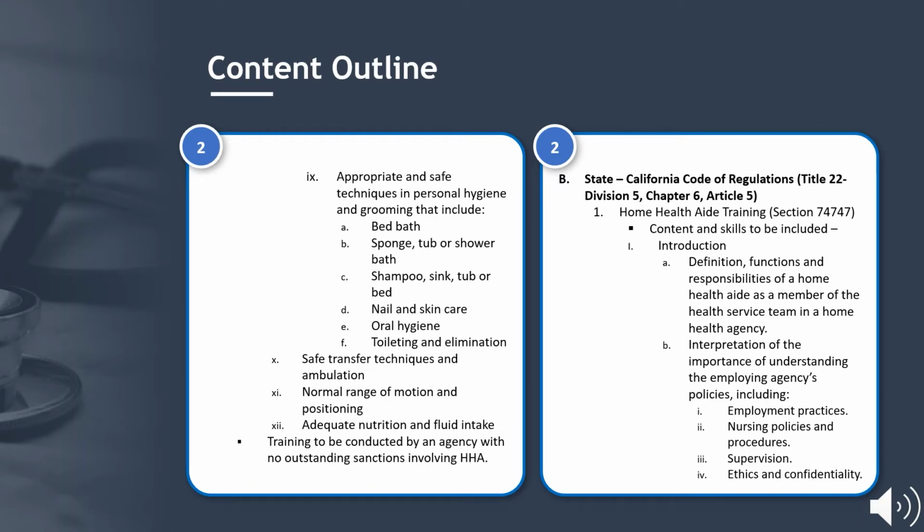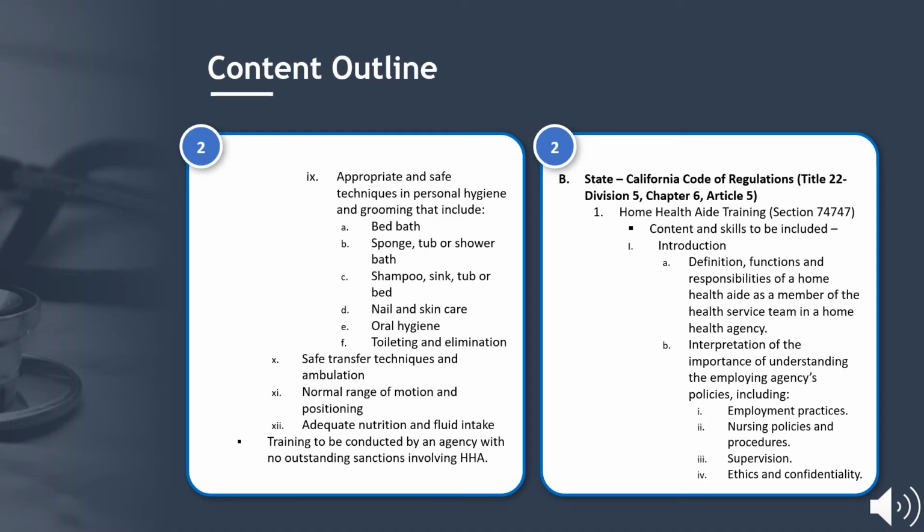State: California Code of Regulations, Title 22, Division 5, Chapter 6, Article 5. Home Health Aide Training, Section 74747. Content and skills to be included. Introduction. Definition, functions, and responsibilities of a home health aide as a member of the health service team in a